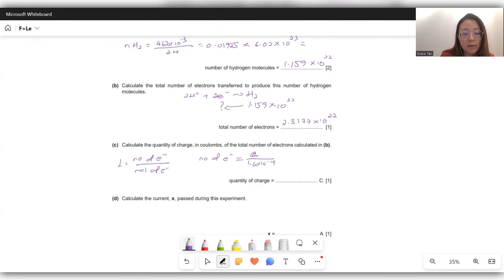So what is Q then? You're supposed to calculate the quantity of charge, which is Q. Okay, so now we have the total number of electrons. Therefore, the number of electrons here would be 2.3177 times 10 to the power 22 equals Q divided by 1.6 times 10 to the power negative 19. So hence Q will be